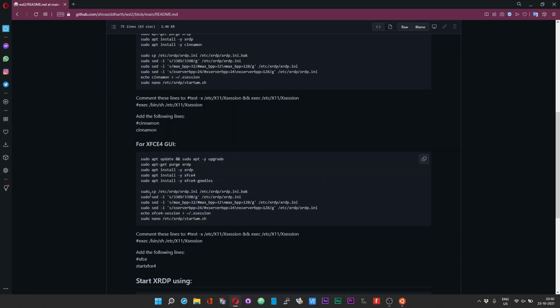Okay, so once the XRDP is installed, then you need to install the actual graphical user interface or the desktop environment. Just copy these commands and then run them in the terminal.